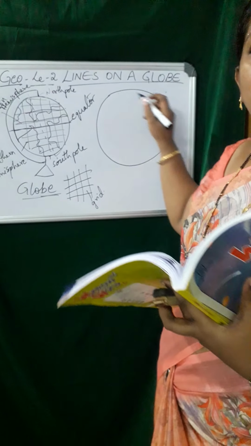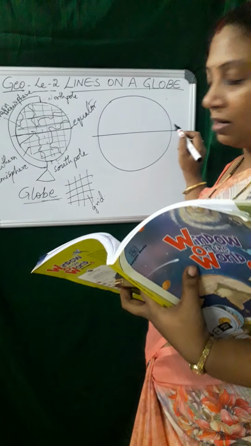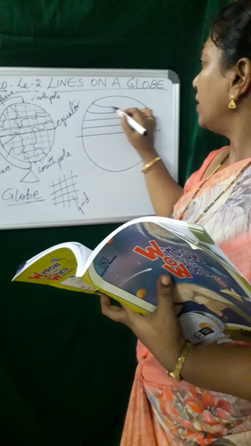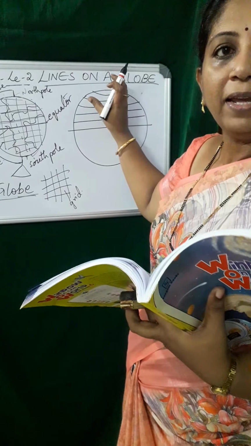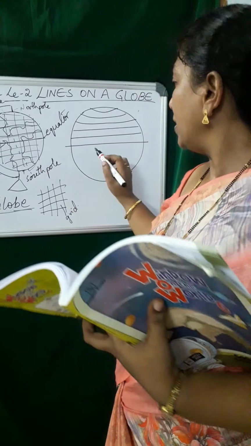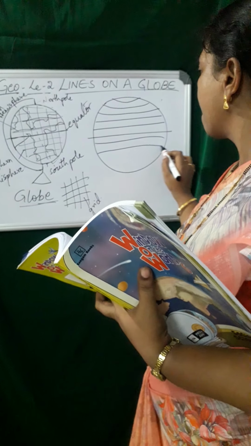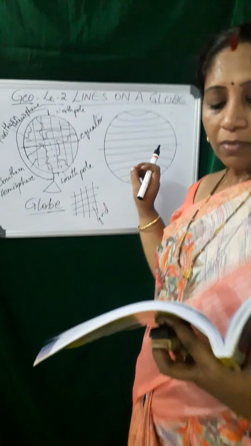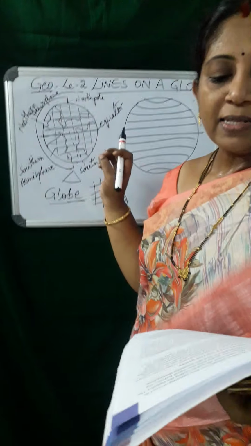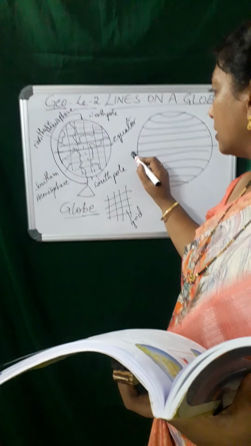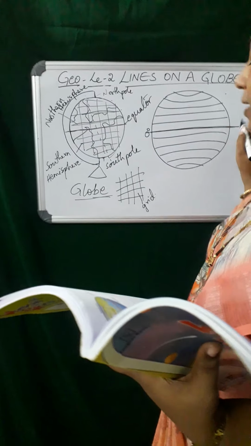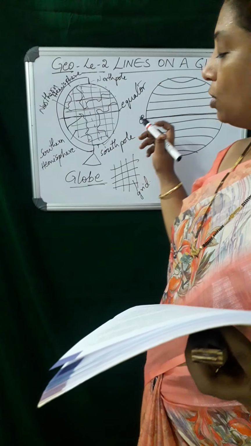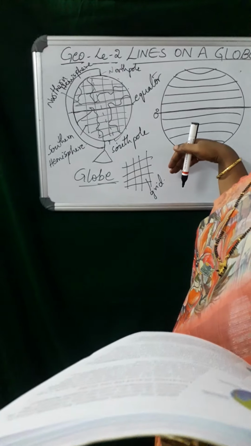On a globe, parallels are actually circles that grow smaller towards the poles. See, suppose this is the globe and this is the equator. Here we are having parallels like this. And see, when it is going towards the poles, it is becoming smaller, isn't it? Okay, so the equator is the 0 degrees parallel. Here it is 0 degrees, equator. This is the middle line, equator. The 0 degrees parallel divides the earth into northern hemisphere and southern hemisphere.